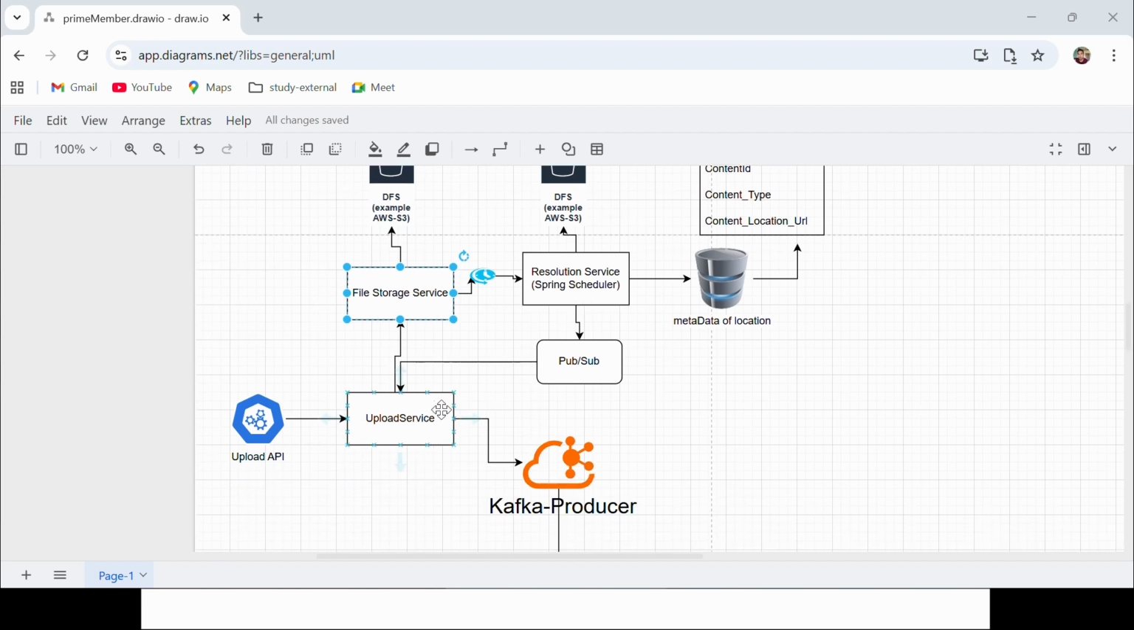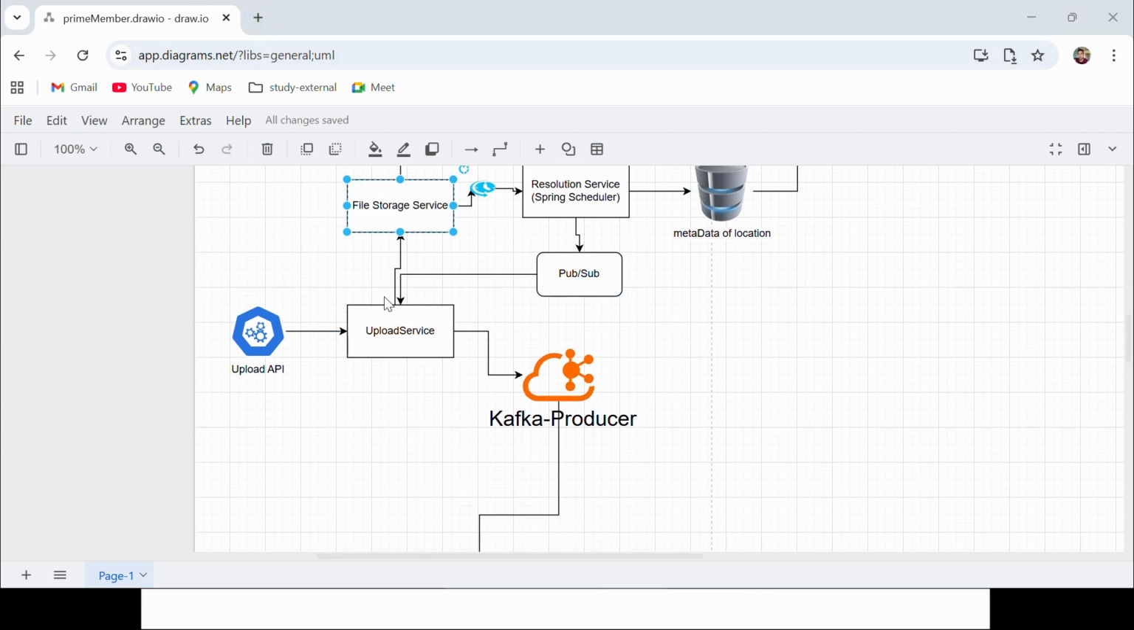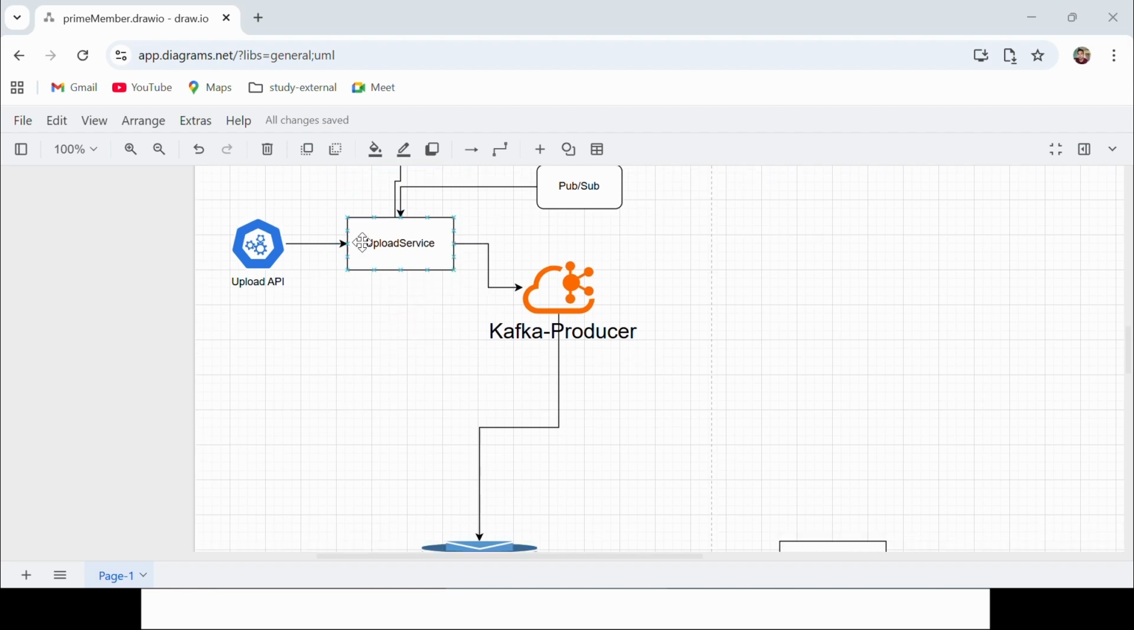once you have this message over here, which is nothing but the metadata, it will have the content ID, content type, and the content location URL, which are nothing but the different types of segments. I can show you what segments are, by the way. We can go to YouTube and check, right? So these segments, once they are done, will come over here in different chunks, and then we'll have